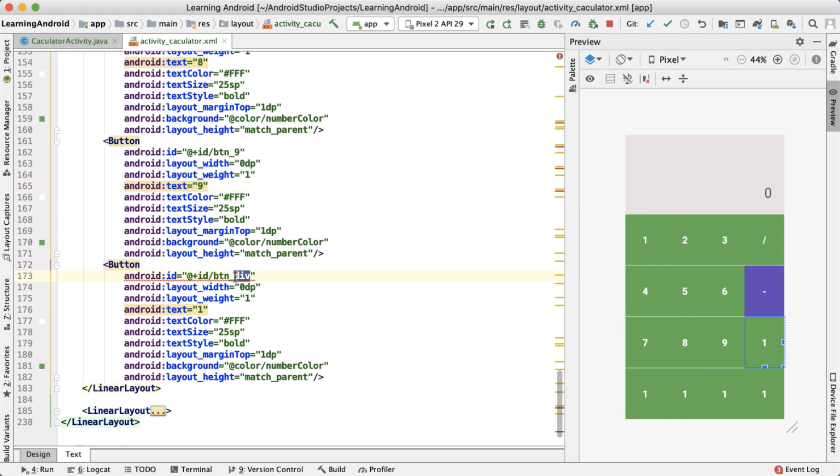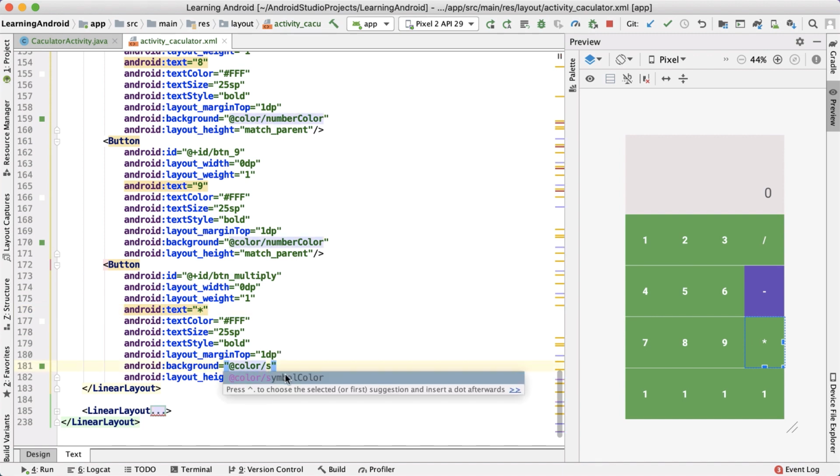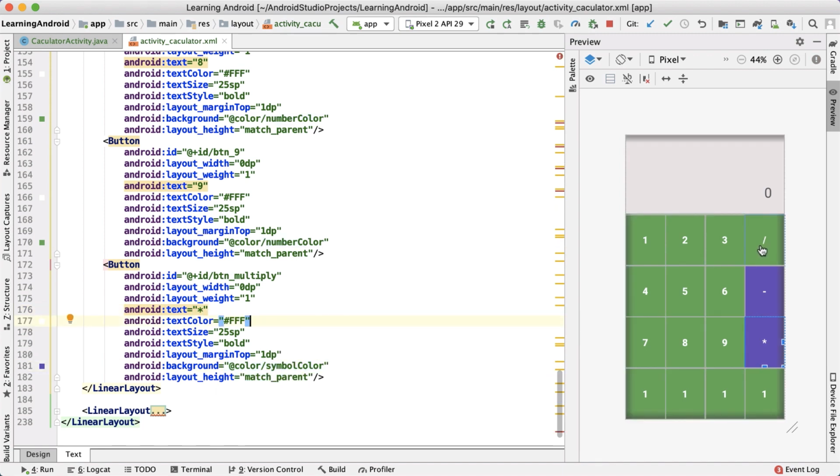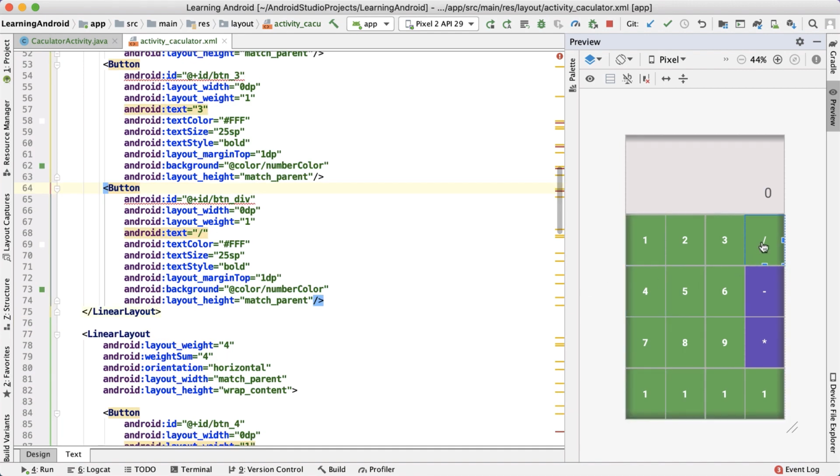And instead of button division, we're going to say button multiply, and let's add an asterisk in here, and we're going to set symbol color for this asterisk. Similarly, let me click on this slash, that is division, and I'm going to change this color to symbol color. Now let me click on the first button of the fourth row,